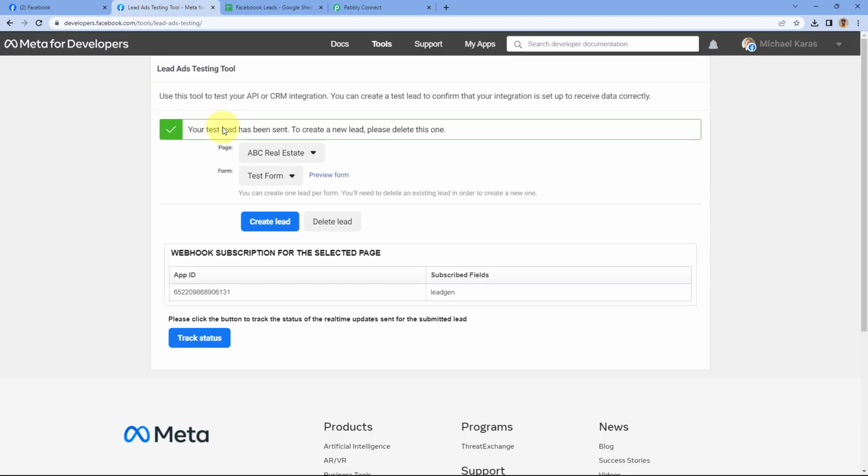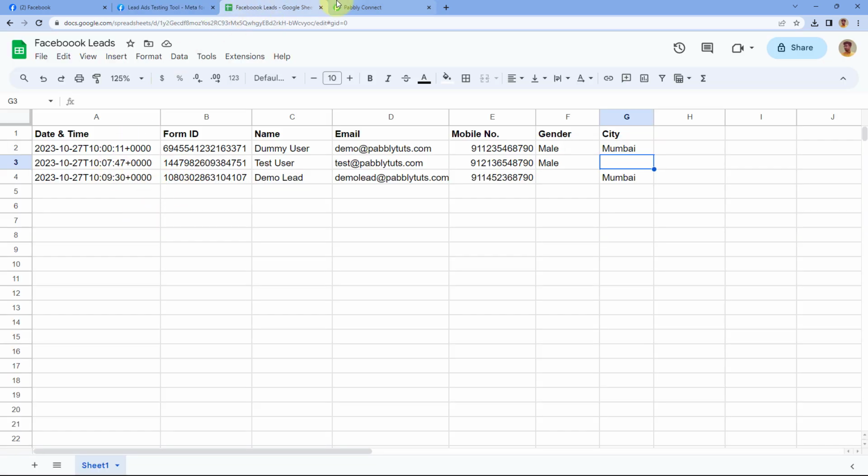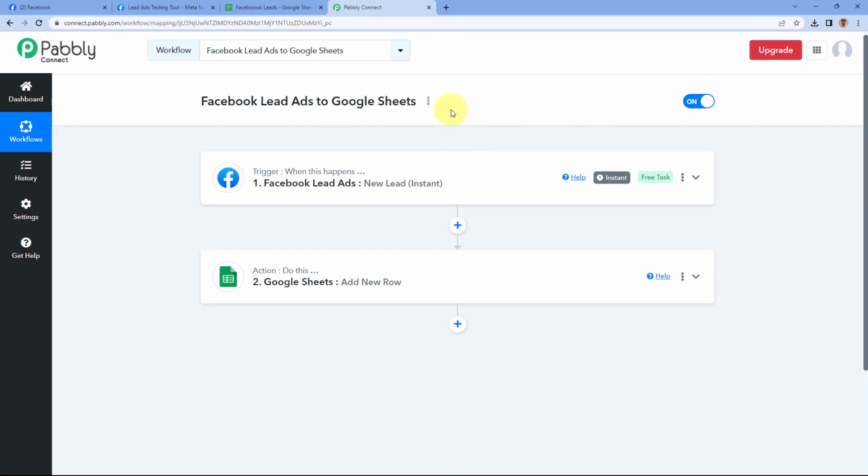So in this way, if you generate a lead in any lead gen form in the Facebook page, the details of each and every lead generated for this Facebook page will be captured inside Pabbly Connect and added in Google Sheet. And this time you can see, because the field of gender was missing, the column of gender, the cell of gender is blank over here, but we have the rest of the data. So in this way, if you create Facebook lead gen forms with different fields, in that case as well, using the same automation, you can add that data in the Google Sheets. So this was the complete tutorial on how you can capture the leads from all the lead gen forms